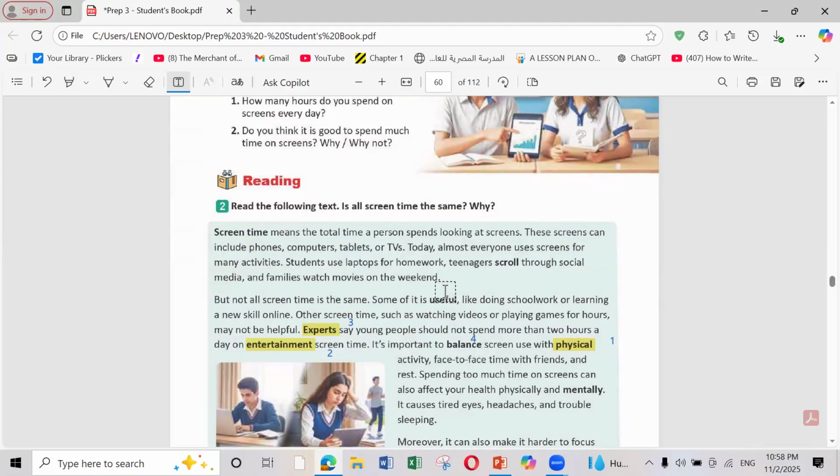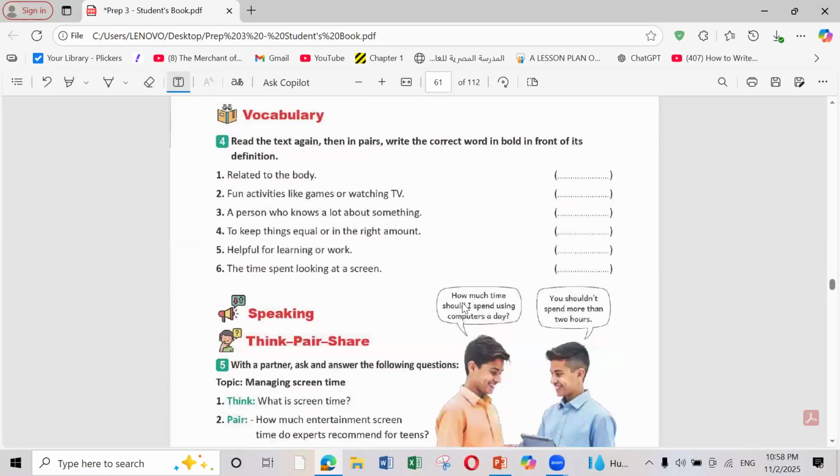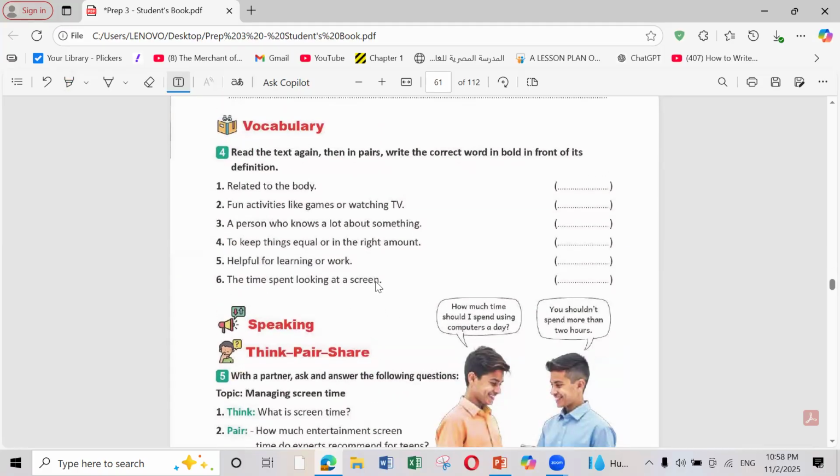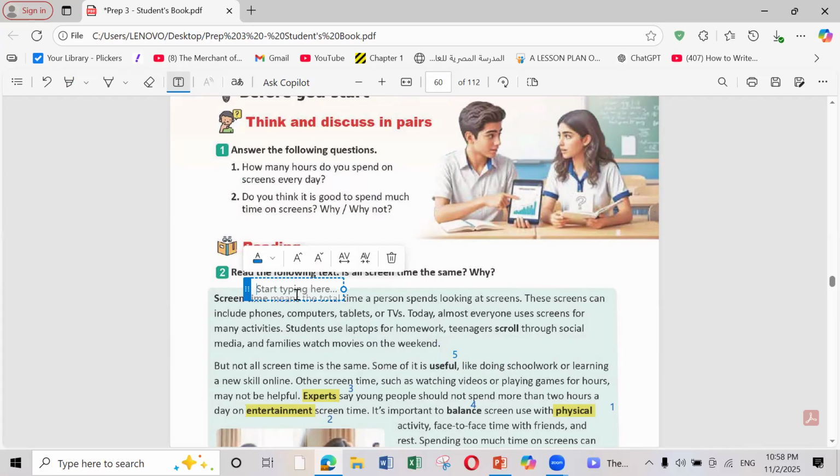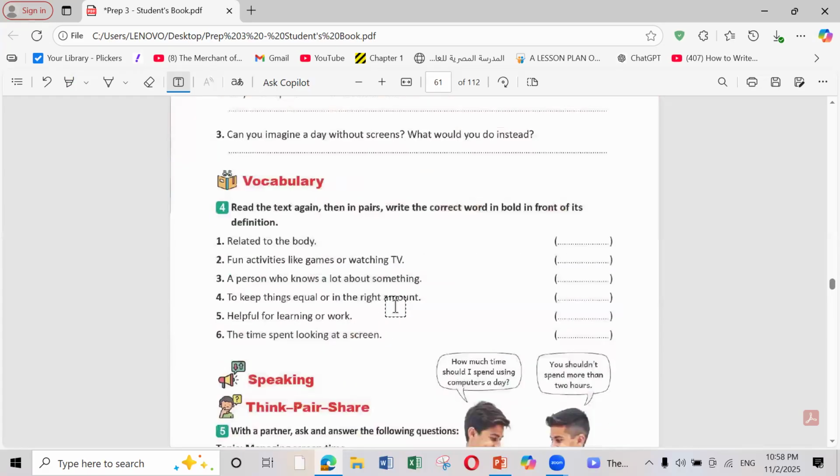Of course, it will be useful. Then, the time is spent looking at a screen. It will be screen time. This is number 6. Okay, now